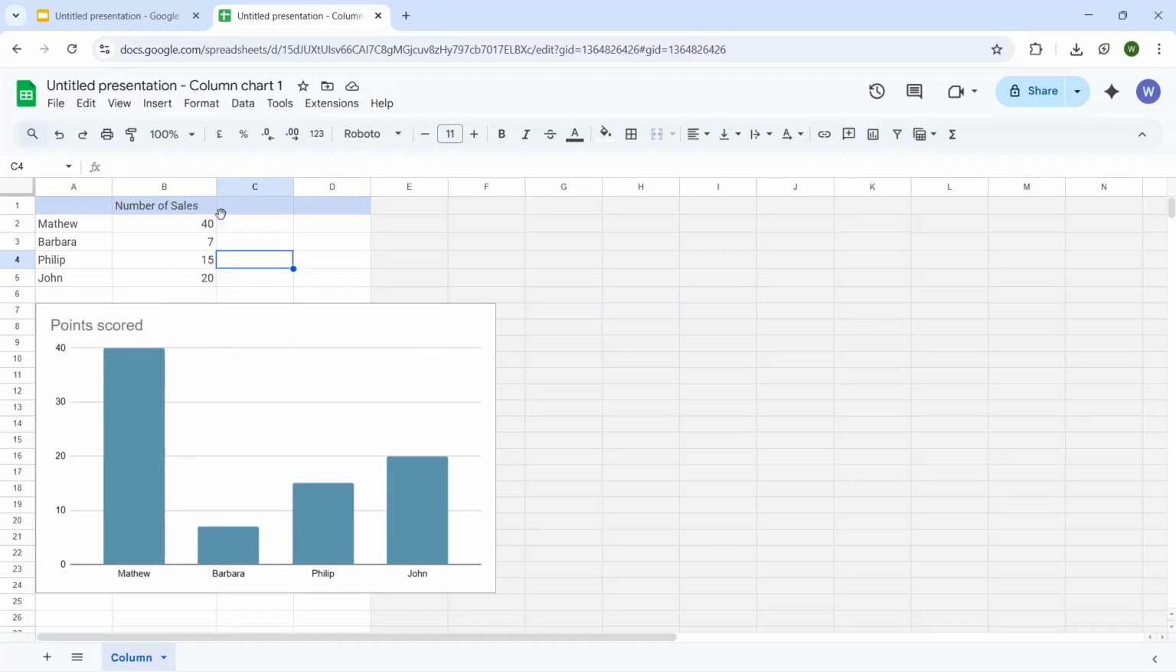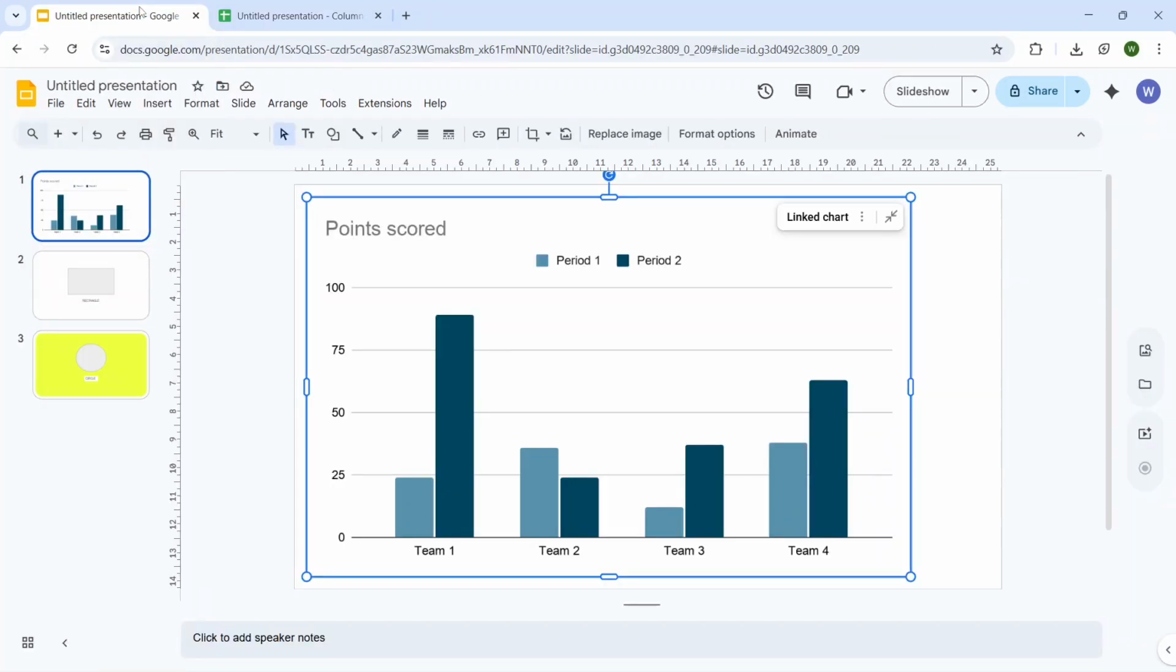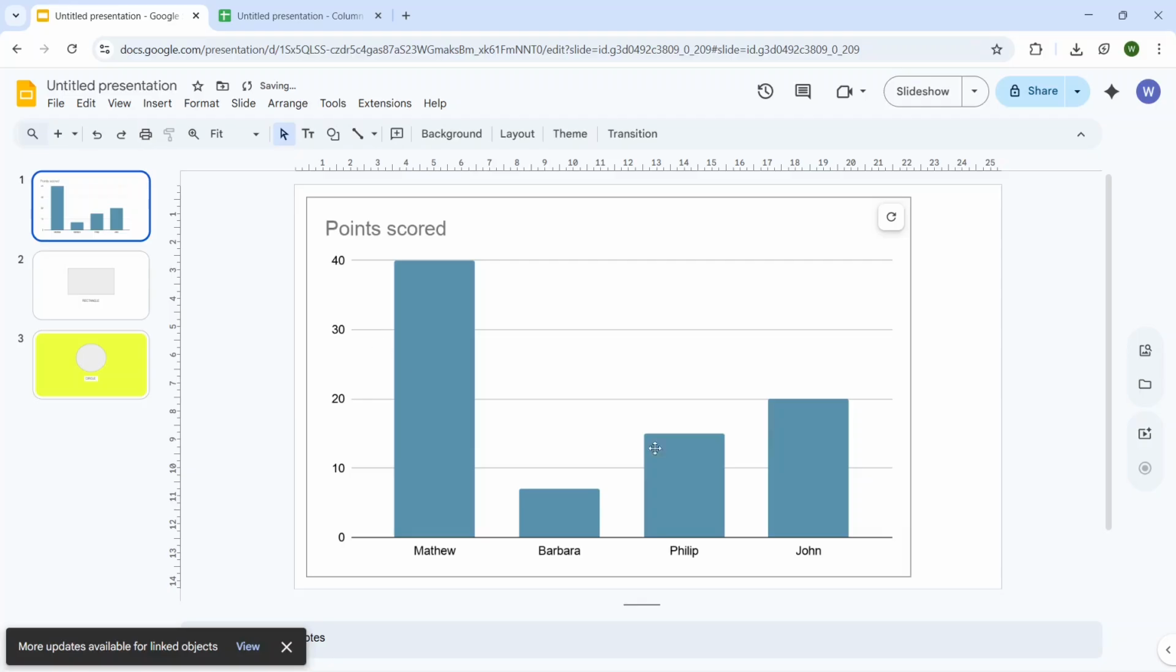If we want to insert it in Google Slides, we need to go back to Google Slides, and here we need to click on the Update button. After that, it will be successfully inserted into our presentation. So in this way you can insert the chart, but it's not over yet because we didn't change the